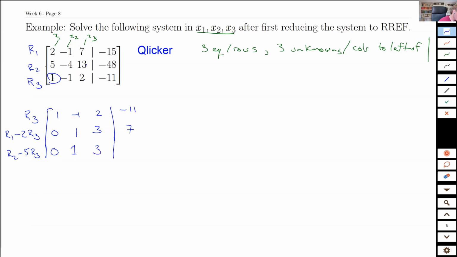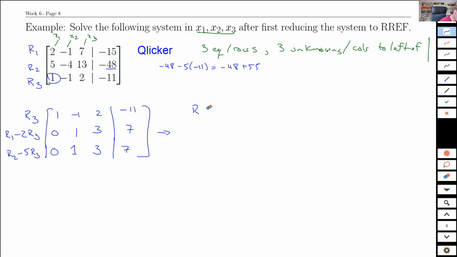Oh, that's interesting. Now this one I will expand out. So minus 48 minus 5 times minus 11. That's minus 48 plus 55. Oh, that is 7. There. All right. Well, that's interesting because you can already see the issue here. These two rows are multiples of each other. So what I would do there,